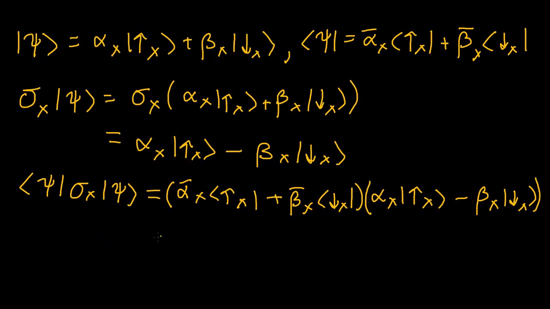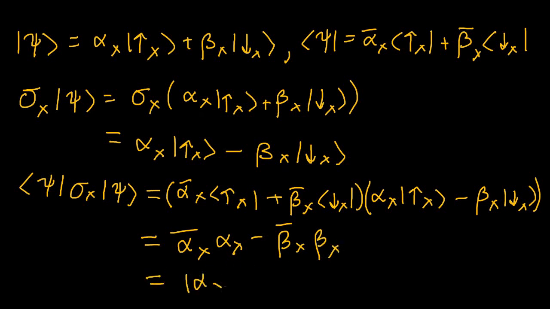So you can immediately see that this is actually just equal to alpha sub x bar times alpha sub x minus beta sub x bar times beta sub x, which is just equal to the absolute value of alpha sub x squared minus the absolute value of beta sub x squared,